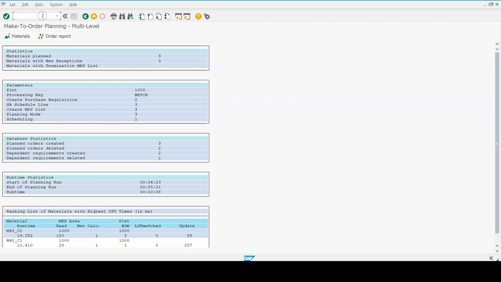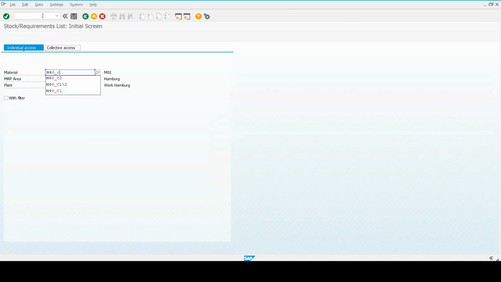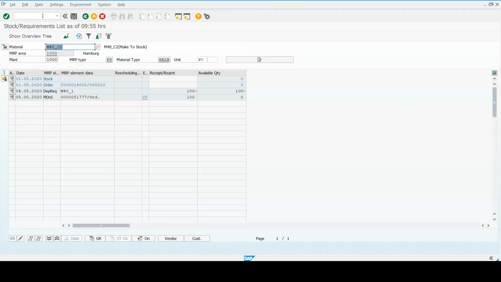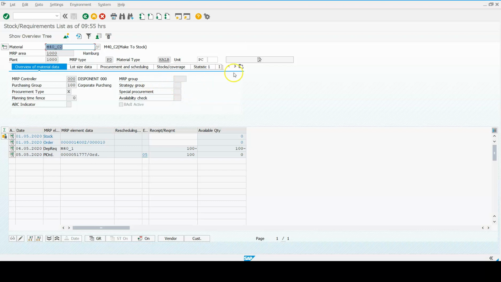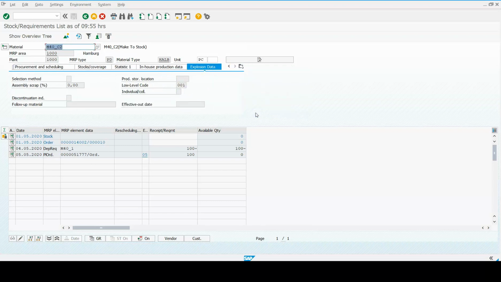Currently we will see what setting it has. In MD04 for M40_C2, it is maintained as blank, so that is why it has inherited from the parent.